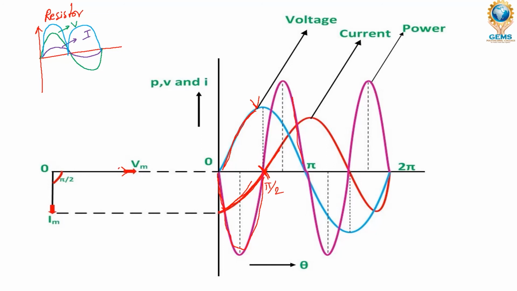But if we see here, now if we calculate power, these two are positive, so suppose it is 2 and 2, we can say power is 4. But in this case, this is minus 2, this is plus 2. What is the average power? Minus 2 plus 2, we will get power equals 0. This is the case in the inductor. We can understand clearly ahead.